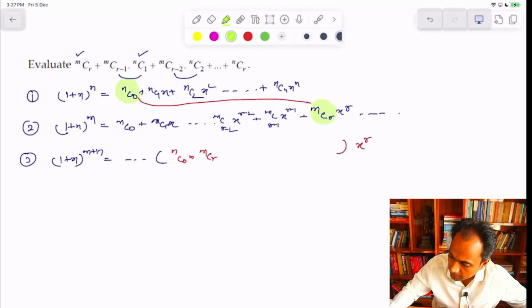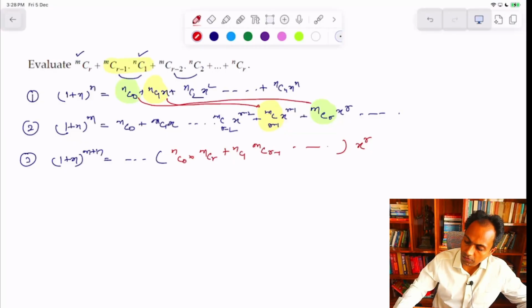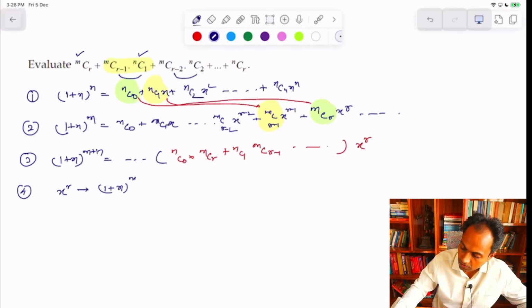Let us do this one more time just to confirm things. nc1, if this gets multiplied to mcr minus 1, because that is what my next term is. Now you can again see that if this x gets multiplied to this, it again becomes x raised to the power r. So let me write the next one. You can clearly see that what we want here is, in the fourth term in the expansion, the coefficient of x raised to the power r in 1 plus x raised to the power m plus n. This will become m plus n cr, and as a result, this becomes the answer to the expansion mcr,